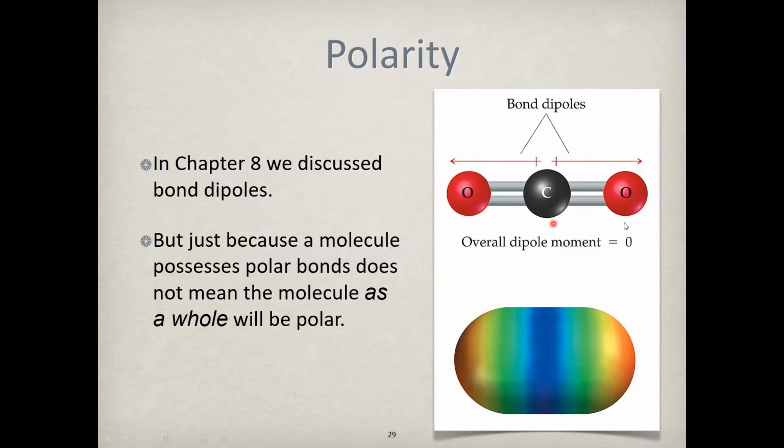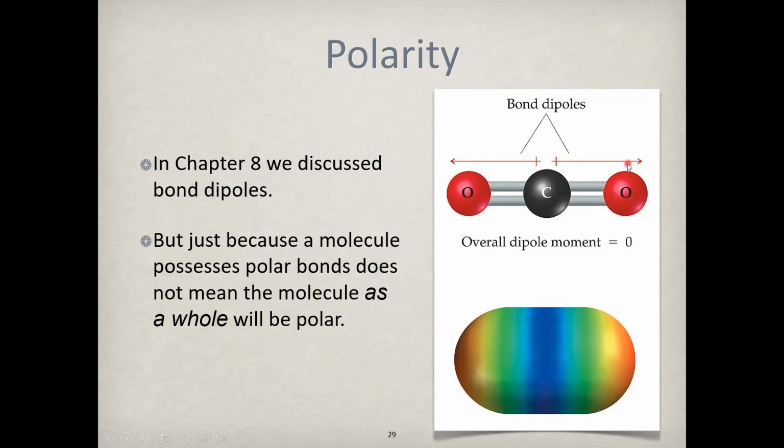So each of these carbon-oxygen double bonds, we would see the oxygen would be slightly negative, carbon would be slightly positive, because the oxygen is going to be more electronegative. It's going to be better at pulling those electrons closer. But now when we look at the molecule as a whole, we need to consider the bonds we have, but we also need to consider the symmetry of the molecule as a whole, because with carbon dioxide, we're going to see that this is going to be a non-polar molecule,